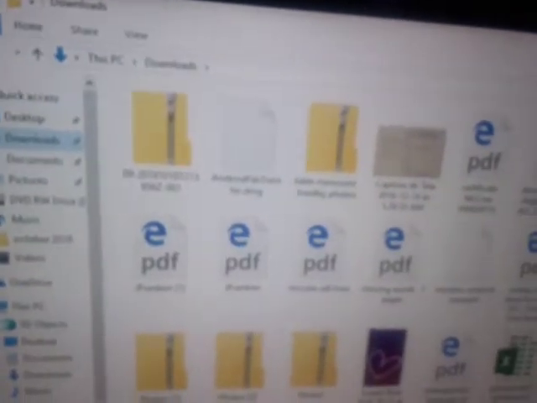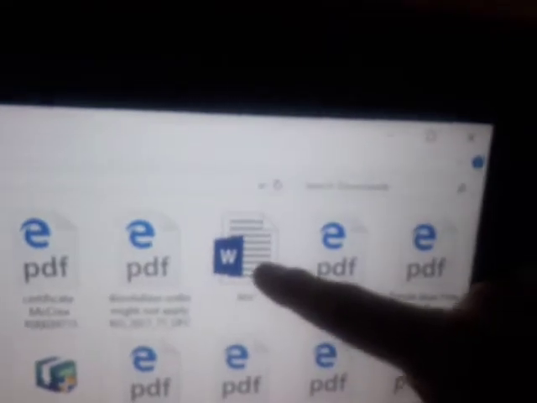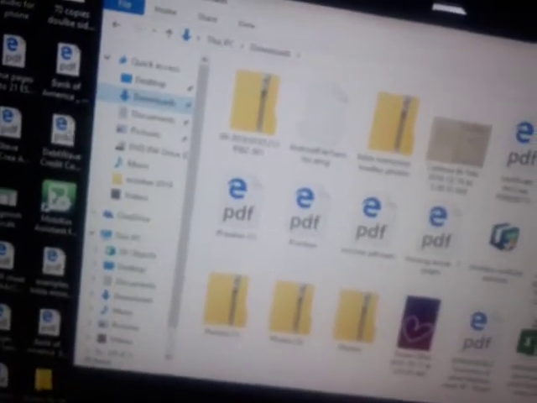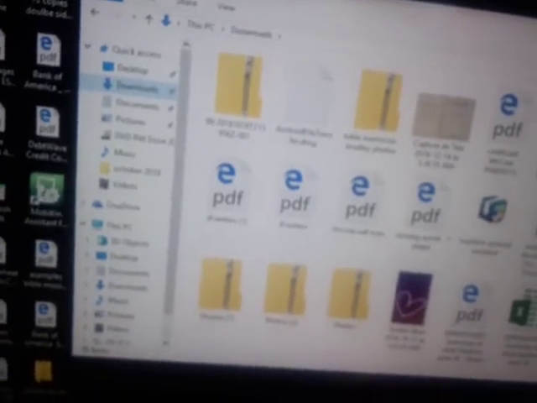Let's see if I can find a download file. So downloads, there's the downloads. And I should be able to find the doc. There it is. It's right there. So that's an easy way to go into your